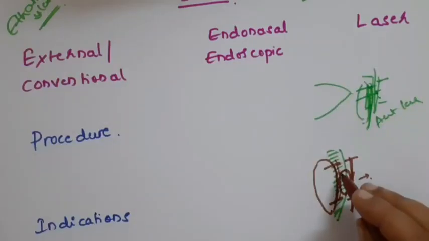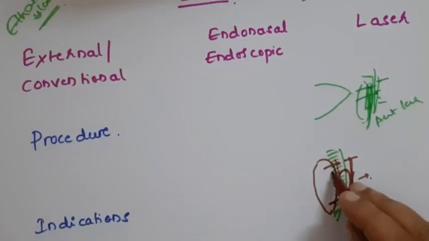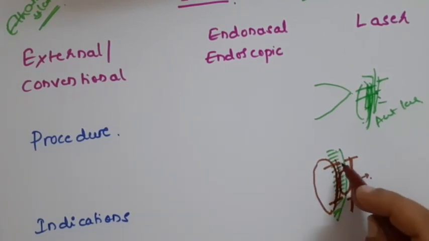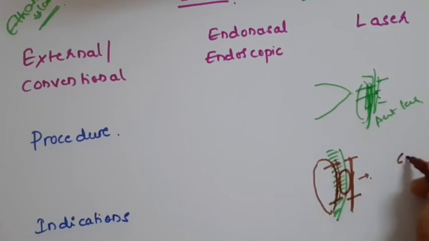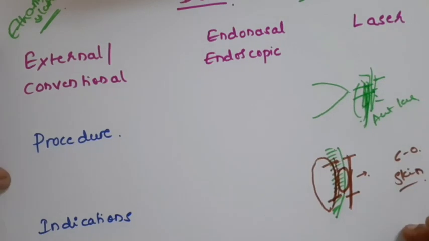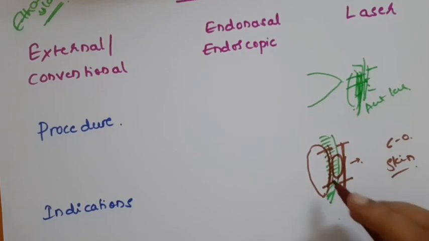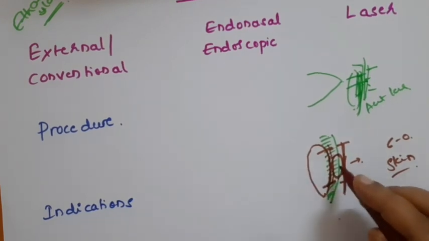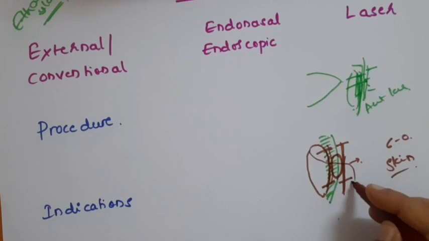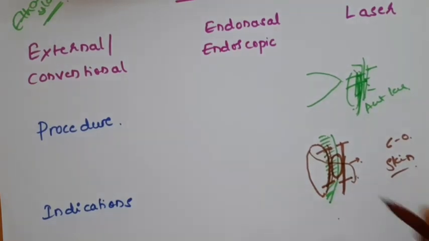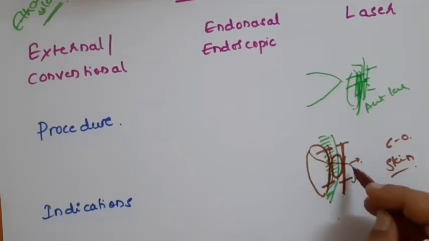After the flaps of the sac and the nasal mucosa are sutured, you go ahead with the similar steps, that is closure of the orbicularis oculi with a 6-0 Vicryl, followed by the closure of the skin. So this is the procedure for external DCR. After 24 hours, the nasal pack is removed and lacrimal syringing is done. That should show the patency, meaning the patient will appreciate the fluid in the throat if the ostium is created and the surgery is a success.